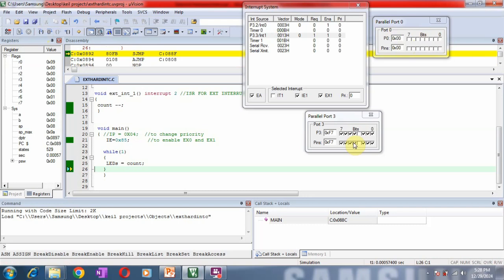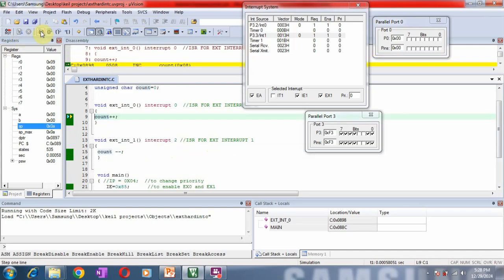Okay. Now what we'll do is we'll give both the interrupts simultaneously. So I will give the interrupts simultaneously, 3.0, 3.1, 3.2 and 3.3. Now I have given both the interrupts simultaneously, but see here I have not defined any priority, or I have not set any priority. So by default it will take the priority, and we can see according to the priority which interrupt will get activated. So now again I will run the program.